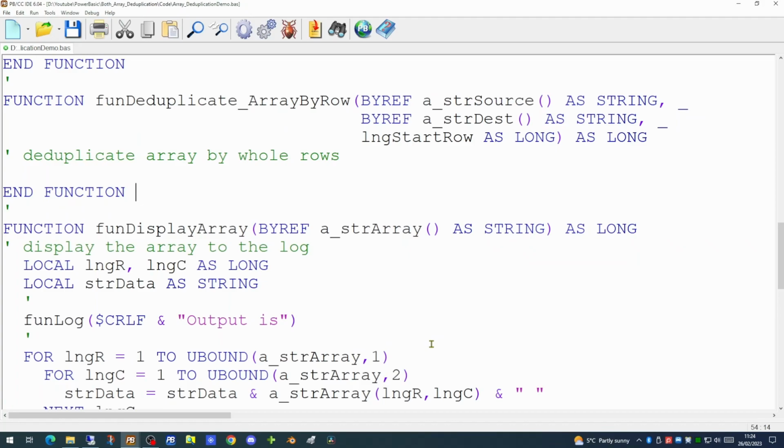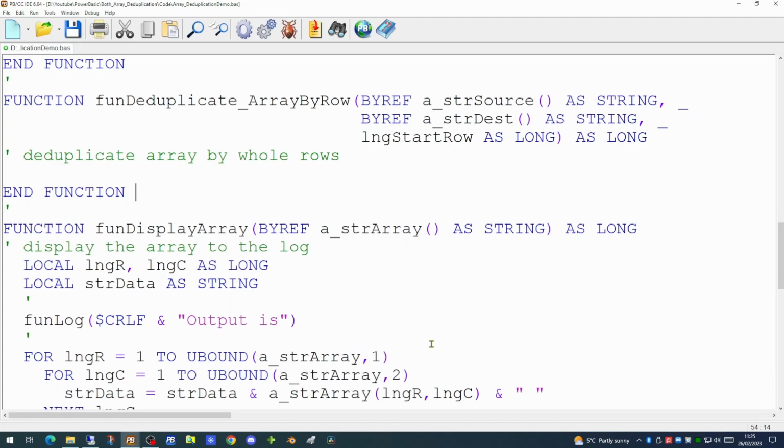So as we have already dimensioned the source array, we'll need to dimension the destination array. Now at present we don't know how many records are going to end up in the destination array, because we're working on the assumption that there will be some duplicates in this source array. So there will certainly be no more records in the destination array than exist in the source array.